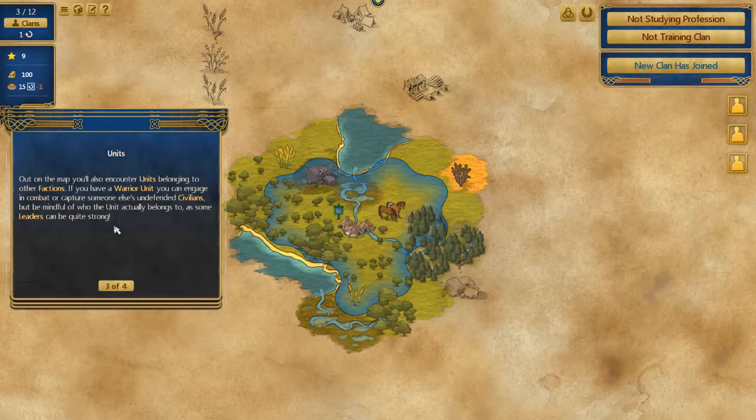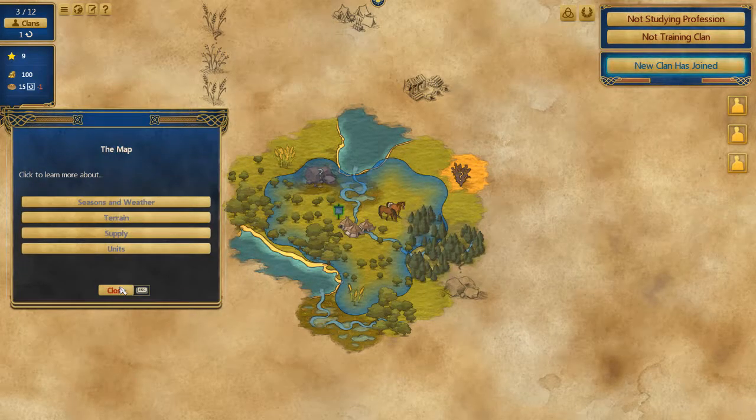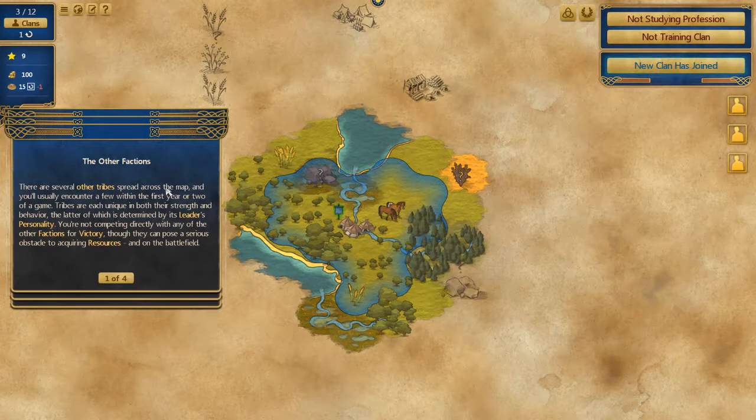Out on the map, you'll encounter units belonging to other factions. If you have a warrior unit, you can engage in combat or capture someone else's undefended civilians, but be mindful of who the unit actually belongs to, as some leaders can be quite strong. Okay, great. Other factions. There are other tribes across...